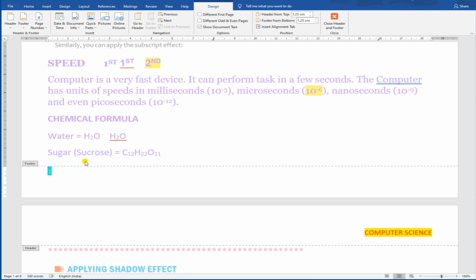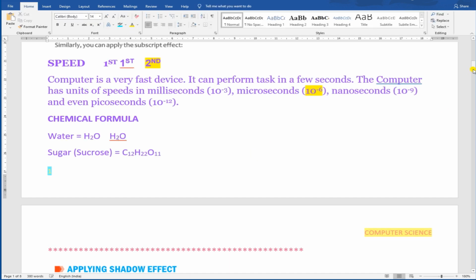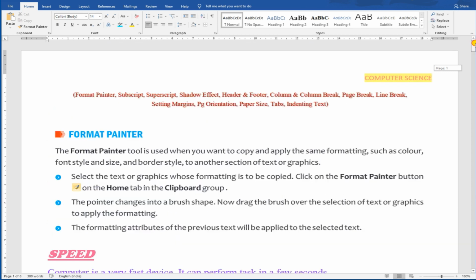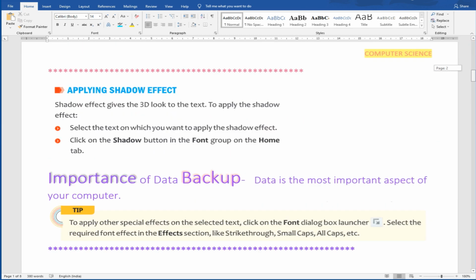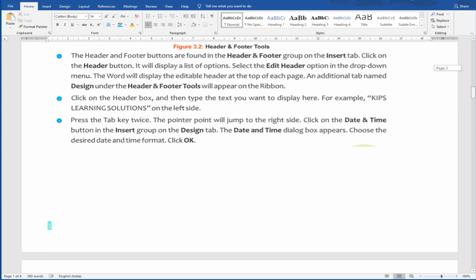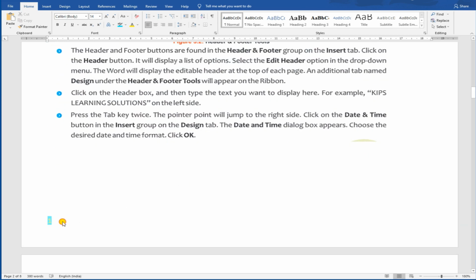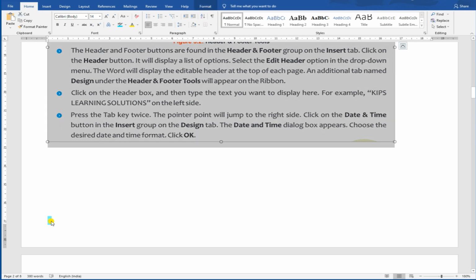If I place a normal number in the footer, now see what happened. This is my page 1. It's showing 1, it's fine. But for page 2, it's again showing 1, which I don't want actually.